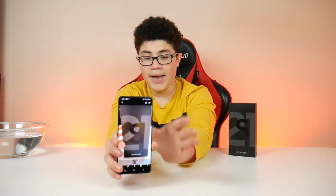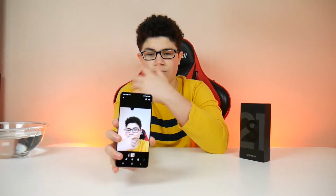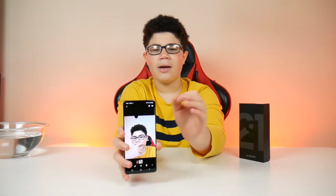Now I want to take pictures with the front and back cameras, and do a sound test, so you guys can see that the sound quality works and that both the front and back cameras work. Let me take those pictures now. So this is the picture that I took with the S21's back camera. I just took it of the box right here. And then this is the picture that I took with the front camera, of myself. So now you guys know that both cameras are working perfectly fine,